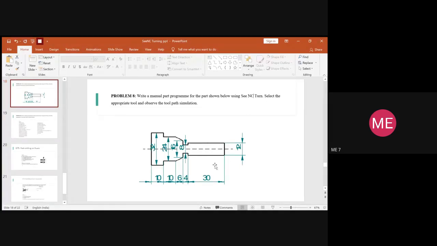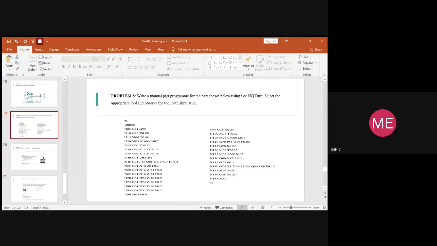This entire operation has been done. Rough turning is done, smooth finish turning is also done, and here you need to make the groove cutting. So you have to bring the tool at this position, because this entire part will be 12 mm only. You haven't cut the groove yet. Once the smooth finish is done, there will be no groove, and hence the value of X will be 12. And for Z, you have to start groove cutting from this point. So Z value will be minus 30 and X value will be 12. So that value you have to give over here, right?